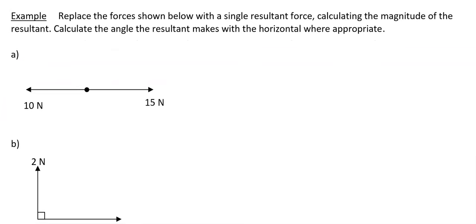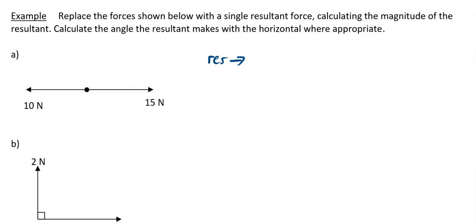In this first example, it says replace the forces shown below with a single resultant force, calculate the magnitude, so the magnitude just means the size of the resultant, and calculate the angle the resultant makes with a horizontal where appropriate. So in part A, and how we like to set this out is we like to just say resolve